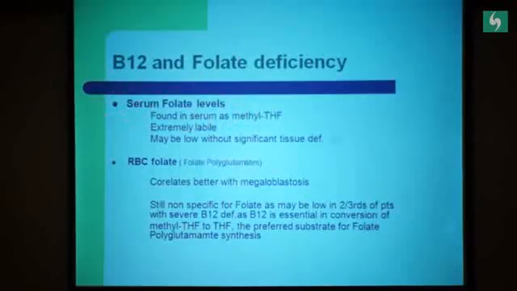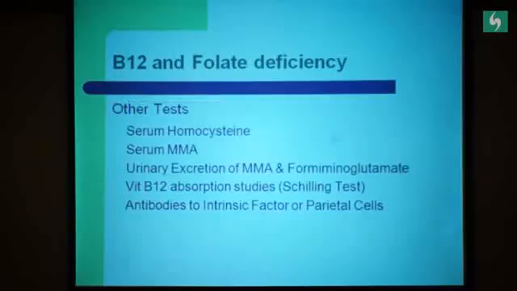Now as far as the serum folate, I see a lot of patients, and basically I don't believe in this test, because it's a very labile level. It may be low without significant tissue deficiency. So what we actually need to measure is the RBC folate, which is not a commonly available test. But we can go wrong with even the RBC folate. This definitely correlates better, but it's not very widely available, and again it may not be specific. So folate deficiency is something where we see B12 and we see folate and we treat with folic acid.